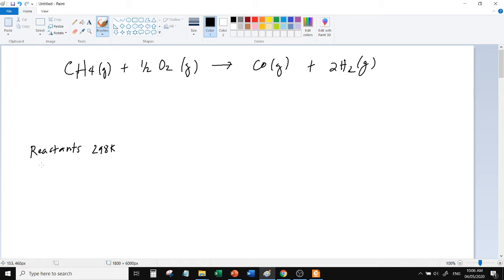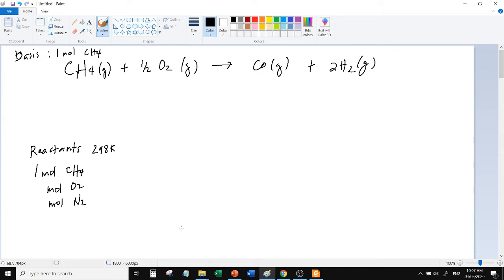Let's assume our basis is 1 mole of methane. So if that's our basis, 1 mole of methane enters. We don't know yet the moles of O2. And then there's air, and since it's air, it includes O2 and also N2. Now, the problem says that you have excess